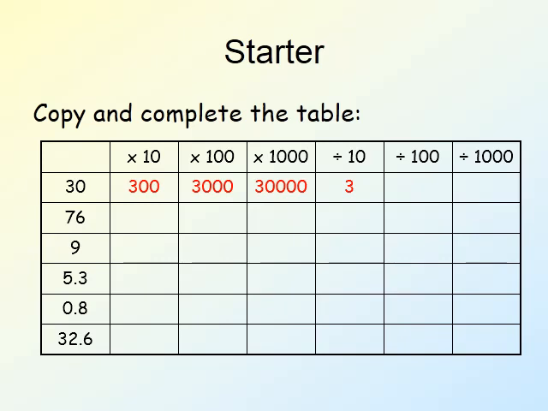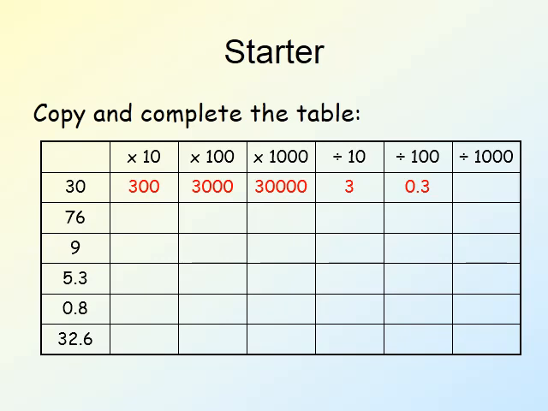Okay, so now looking at the next one, 30 divided by 100. So don't forget the decimal point is after the 0, so it has to be moved in 2 places to the left so that it's just before the 3. So 30 divided by 100 is